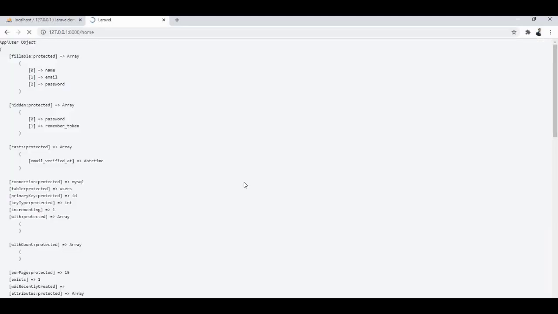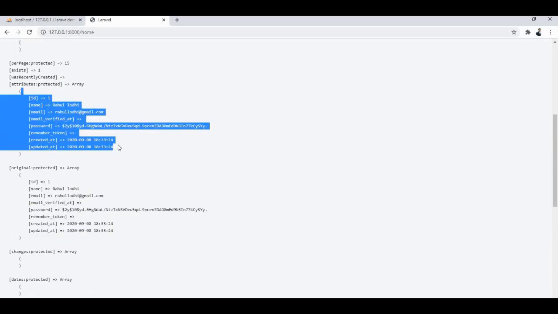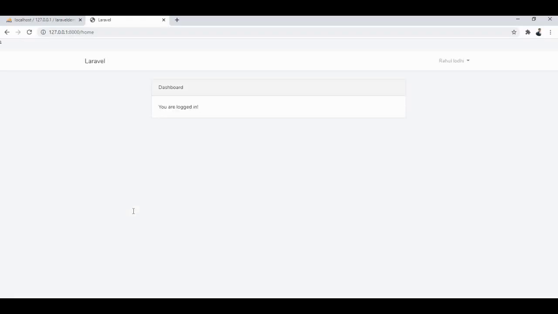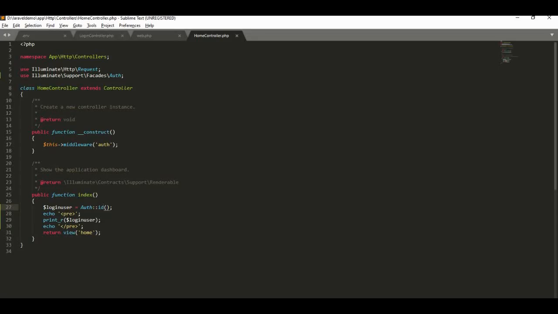Now you can see, here you have got all the details of the logged in user. If you want to get only the user ID, you can write only id here, and you will get the ID. With the help of these functions you can get everything about the logged in user's data.